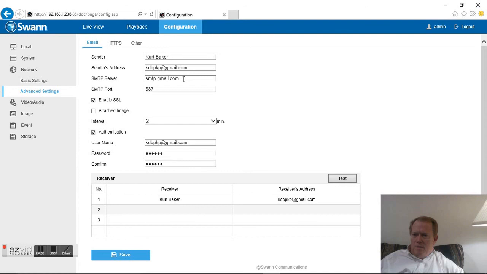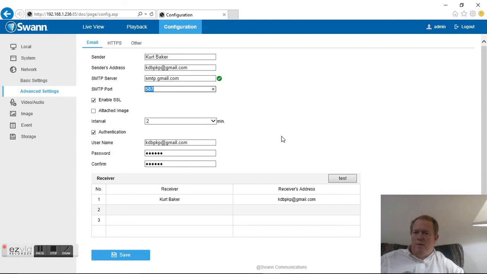So for Swan and for Gmail, these are your setups for Gmail. So your SMTP server, if you're familiar with that, that's what it is for Gmail, and the SMTP port is 587 for Gmail. And my dogs are trying to jump up,